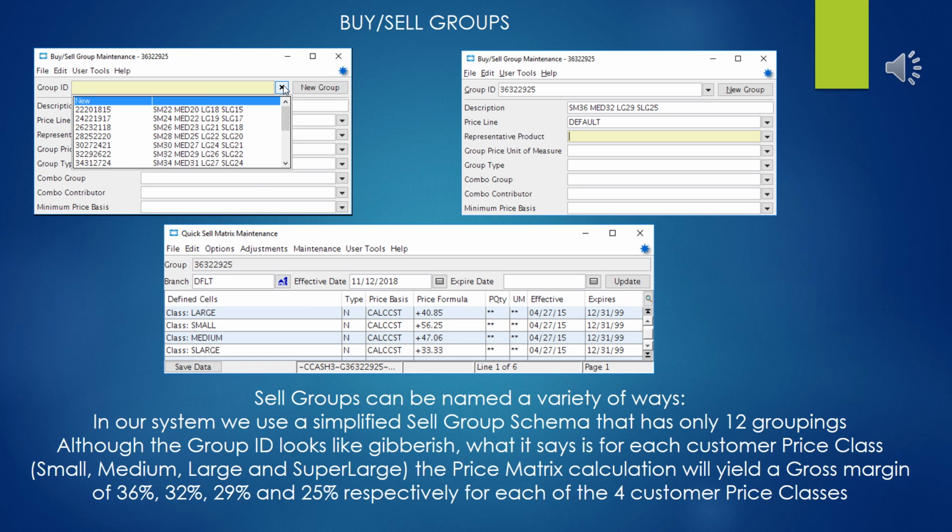As we said, you can set up a cell group schema in a variety of ways, making it as insanely complicated as possible and making your life hell, or as simple as possible, and it's up to your particular preference and needs. And as I said, in our case, we're currently using just 12 groupings, and although if you'll take a look at these examples here, it may look a bit like gibberish. In our particular system, how this reads is we have